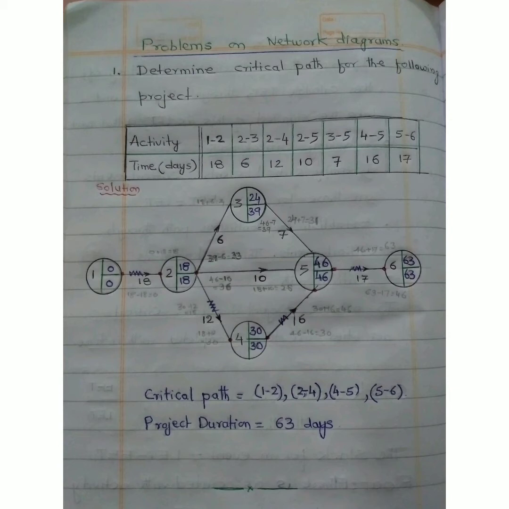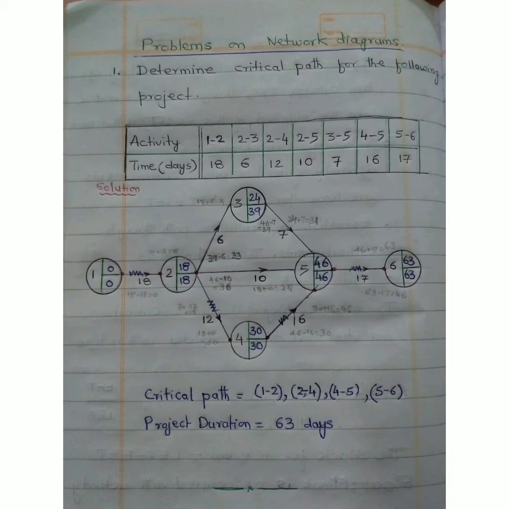We are asked to calculate the critical path of the given project. In this, we need to know the slack of each event. We know slack is equal to latest event time minus earliest event time. We need to calculate the latest event times, LET, and earliest event times, EET, of each event.